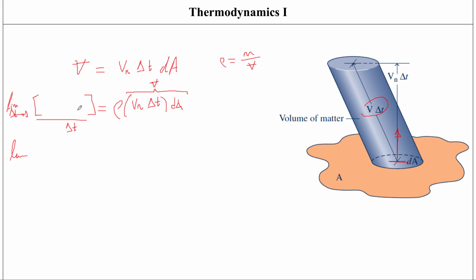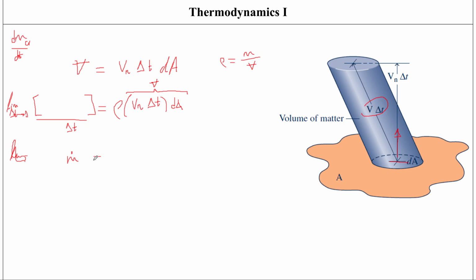So this is kind of like what we just saw previously when we wrote this mass crossing into control volume divided by dt. So then this entire thing would become the instantaneous rate of mass flow across dA. So instantaneous mass flow rate across dA,